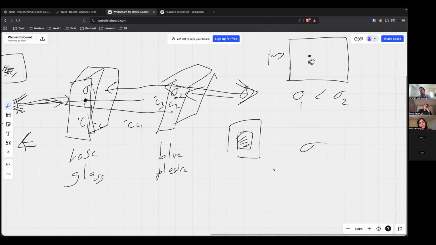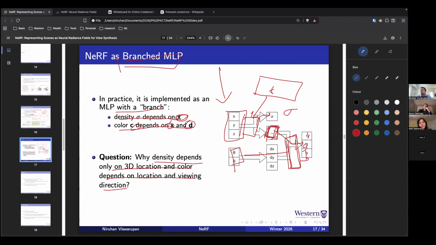This is exactly right. The reason they have made C a function of both point and direction is to capture the light transport properties. Light transport is also a topic in graphics and rendering, which I am not an expert in, but in order to capture those properties well, you need to depend on D as well, because the simplest explanation would be